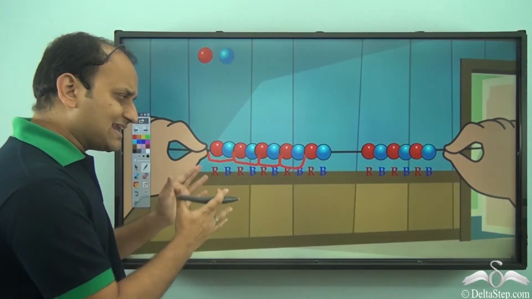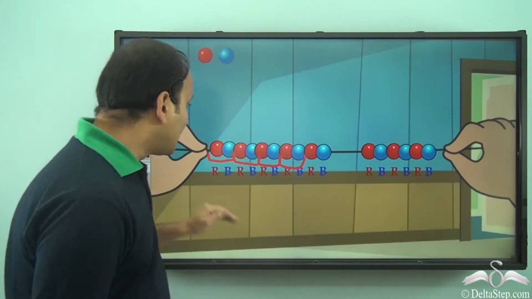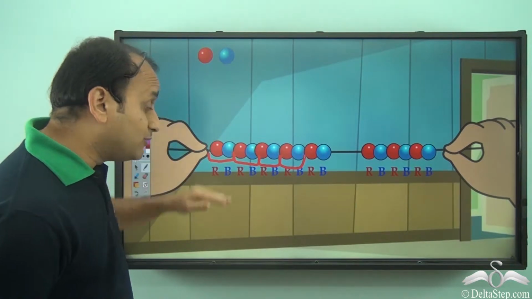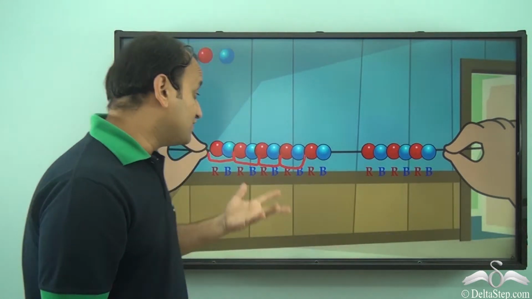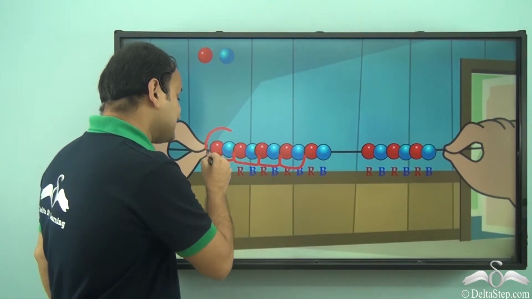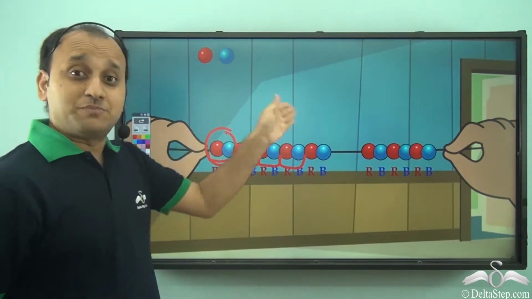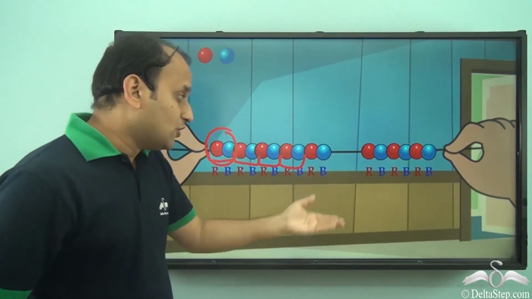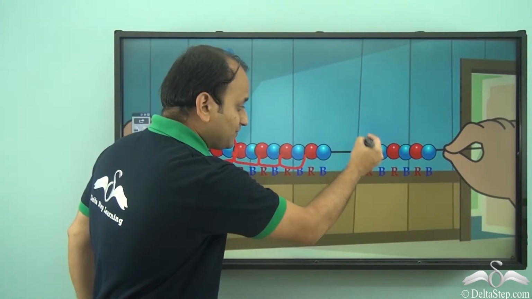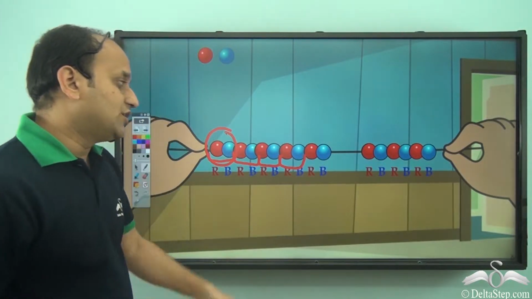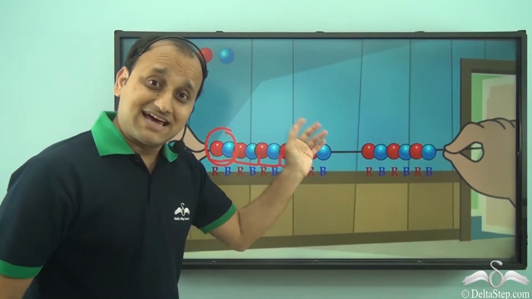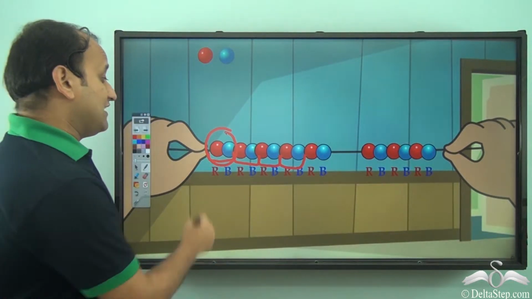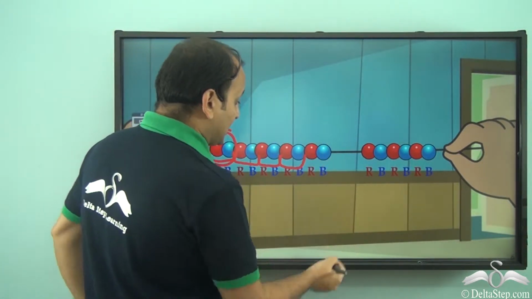So what exactly is repeating here? Well, pair of red and blue beads is repeating again and again. So we can say that this is a unit that is repeating again and again. So if you need to fill this gap, you need to fill it according to the pair that repeats again and again. So we have this pair which is repeating again and again.